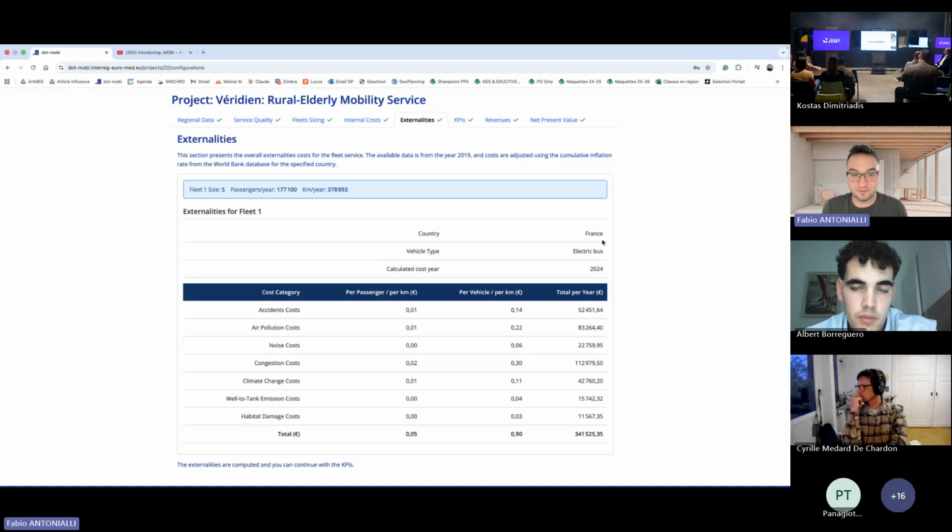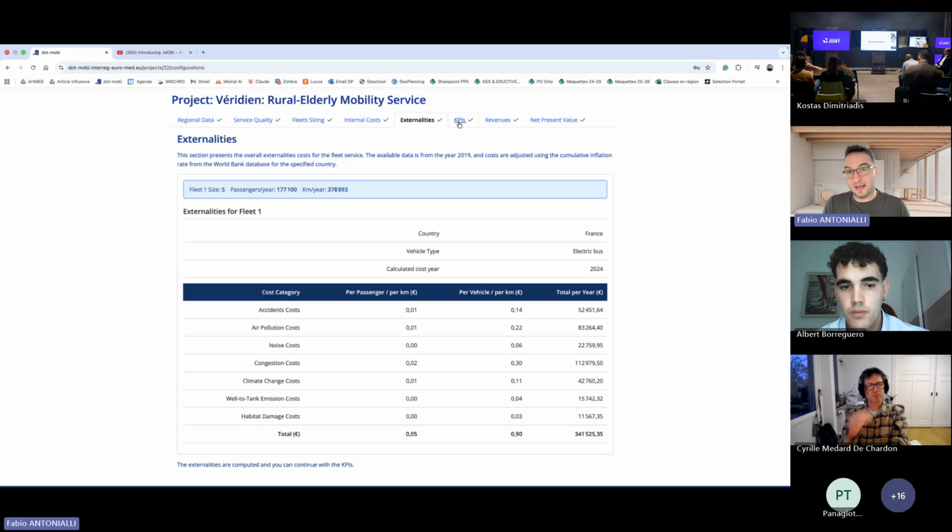So here we are considering accident costs, air pollution, noise, congestion, and so on and so forth. And then you have the cost per passenger per kilometer, per vehicle per kilometer, and how much this would cost per year. So again, it's to give you an idea of how much this would cost for society in terms of externality while implementing your new kind of service.